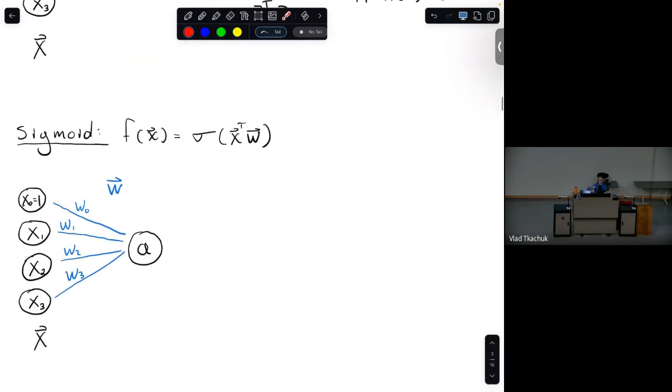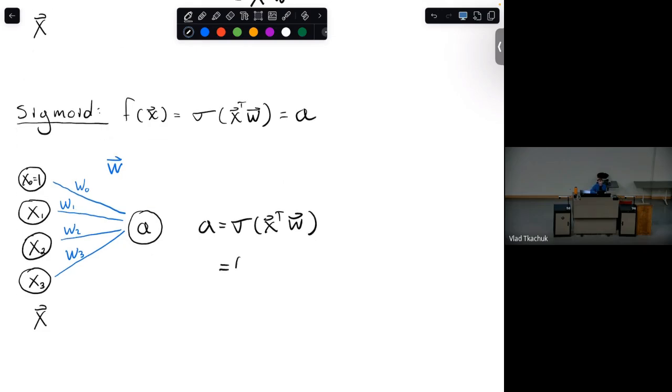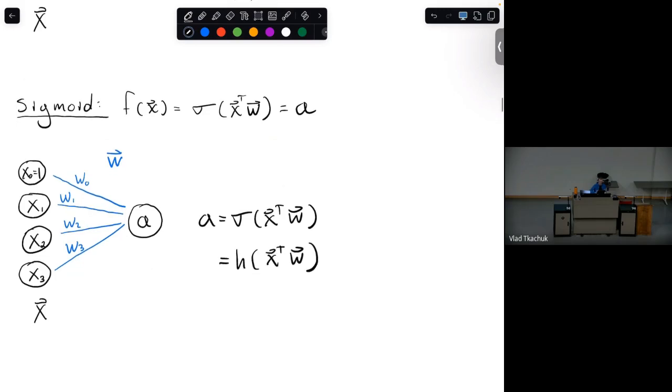Another example we've seen, the sigmoid. We can think of this as well as a neural network. The sigmoid function is just sigmoid applied to whatever. And now we need this to be the A for the neural network. So what does A become? It's, as we said, this sigmoid. But if we explicitly write it out, we can see it really looks like this function H applied to this dot product. So you can think of this as some function H being applied to a dot product. Okay, and in this case, H equals the sigmoid.